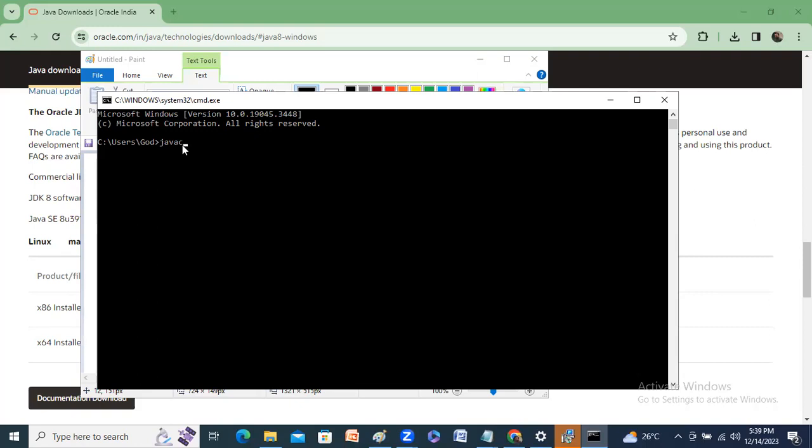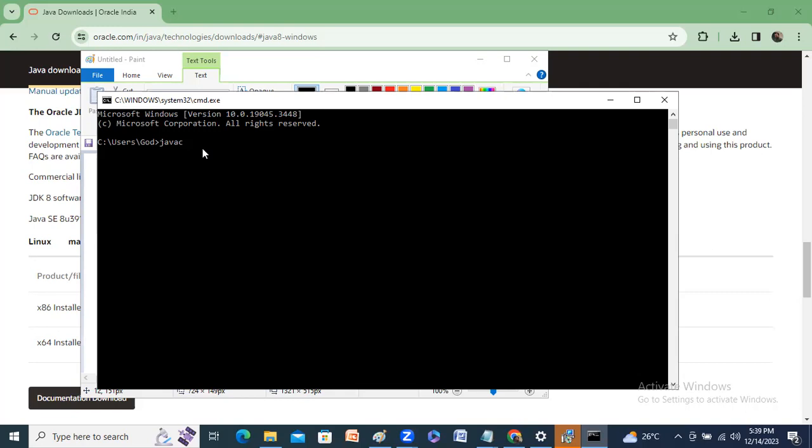So this is the Java compiler. And if you want to use C programming, the C compiler is available, and for C++ programming, the C++ compiler. If you want to use Python, you have to use the Python compiler.